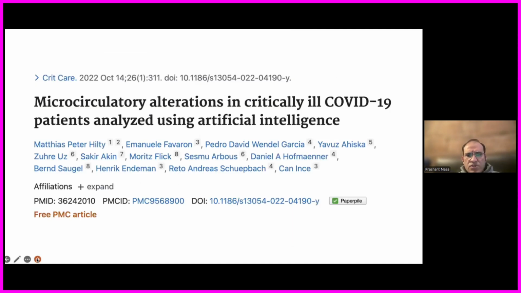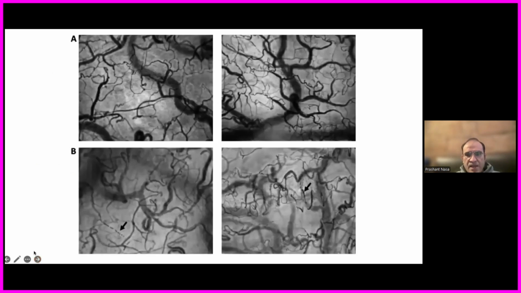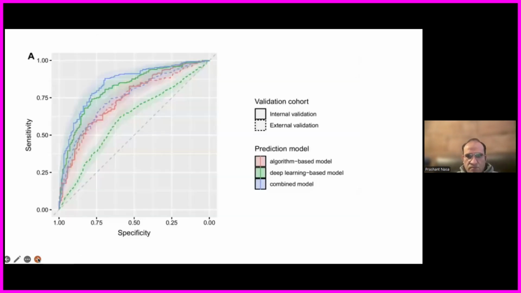Now, what should we do in the monitoring of hemodynamics? We know that there is always confusion about what to monitor, either macrocirculation or microcirculation, and what will be the end targets while giving fluid management in these patients. And this particular study looked at microcirculatory alterations, integrating this information through artificial intelligence by looking at image patterns in these complex microcirculatory capillaries through an electron microscope.